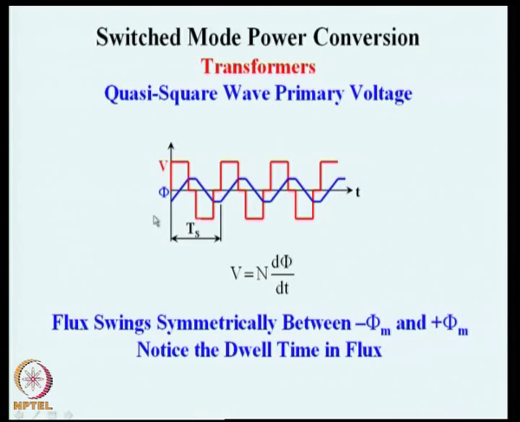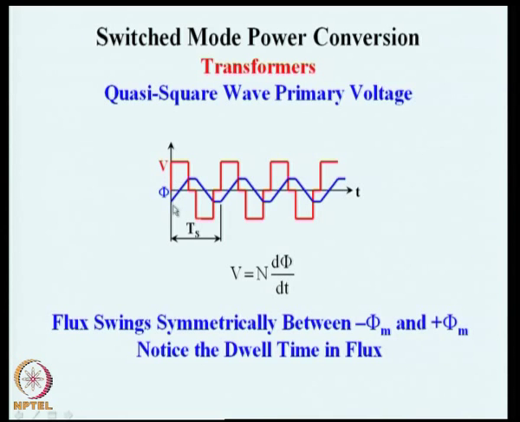Supposing we give a quasi square wave, which is slightly different from a square wave. In the half period, for a certain duration, the voltage is full V, and for some duration the voltage is 0. Then in the negative half, for a certain part of the negative cycle, the full voltage minus V is applied, and for a short duration it is 0. These zero periods will be symmetrical, and during the positive half a plus voltage is applied for a certain fraction of the half cycle, and during the negative half, for the same fraction, a negative voltage is applied to the primary winding.